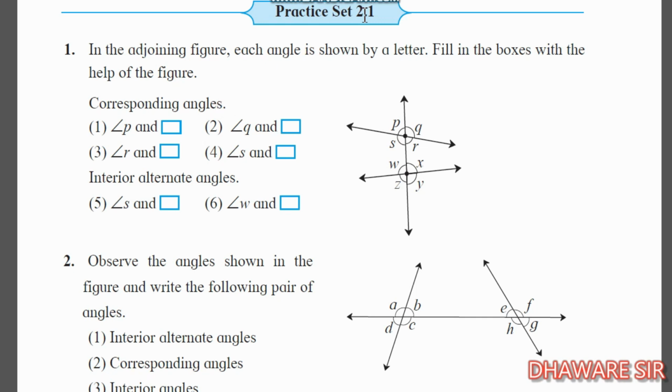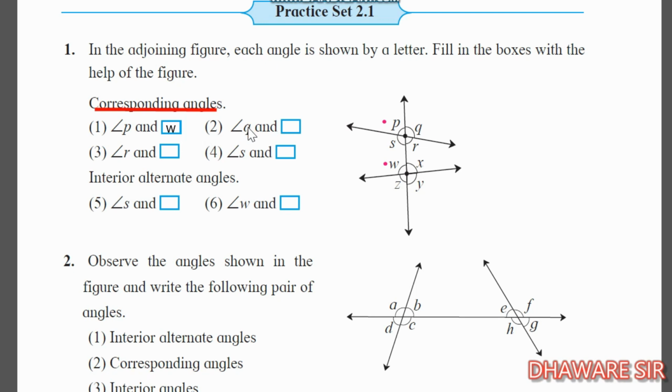First of all we find out the corresponding angles. This is the given corresponding angle. Write the corresponding angle. So what is the first corresponding angle for P? Let us see angle P, same side and same direction. So this is the angle P. Which angle comes on the same side and same direction? W. So we can write here angle W is the corresponding angle. So our answer for the first, P, corresponding angle is W.